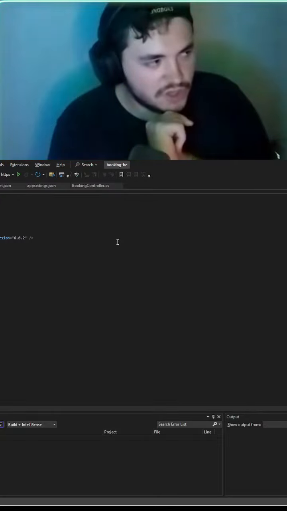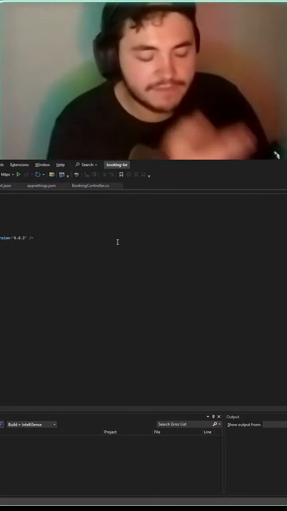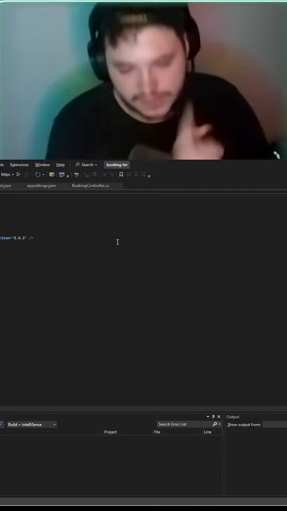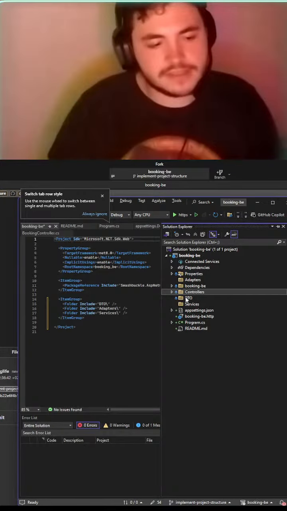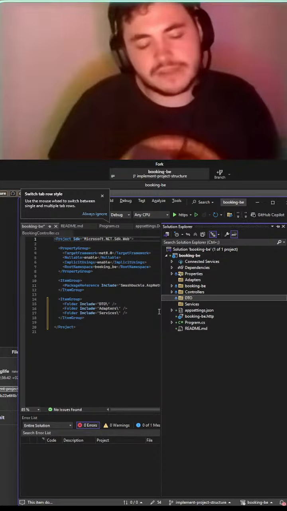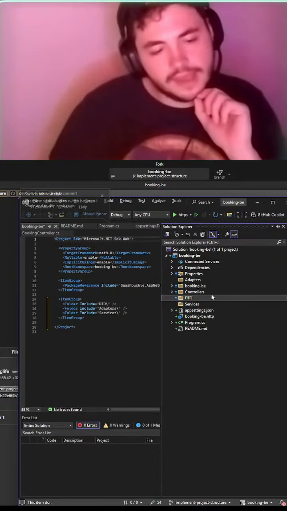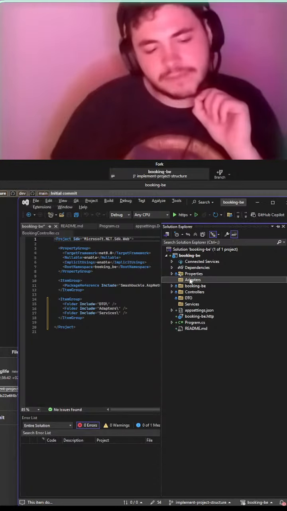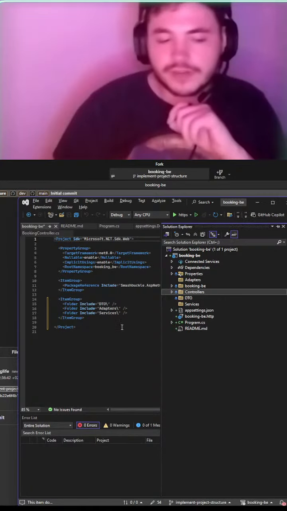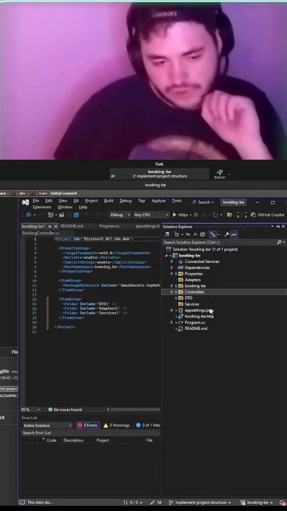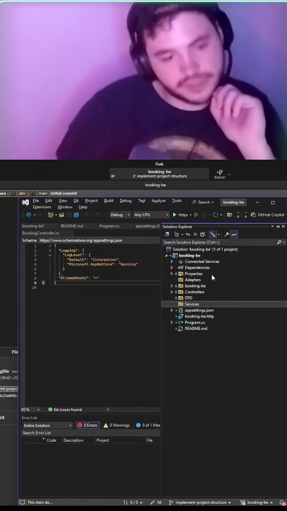In that service, when I make a call to a database, I'm going to have the type that I'm looking for, which we define in our DTO. Let me just pull this up so you guys can see. We're going to have the type here that we define in our DTO. And we're going to have the adapter that we use to interact with the database. So we've got an adapter, we've got a DTO, we've got our controller, and we've got our services. That is the basic structure of what we're working on here.